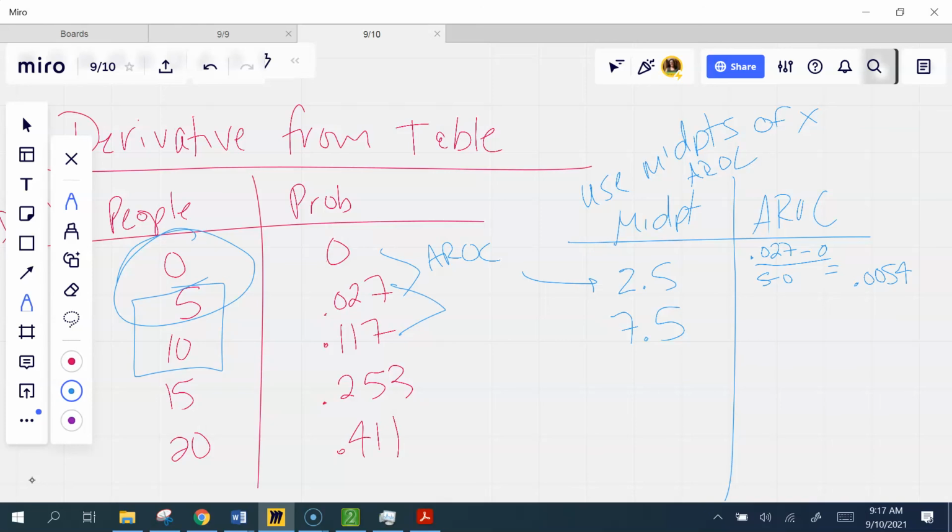Yes, but yours, the table you're going to use won't be quite this long. Say again? Which one? AROC. Oh, it would just do that. It was something like, what would you estimate the derivative to be, or what would you estimate the average rate of change between blah, blah, blah, or something of the